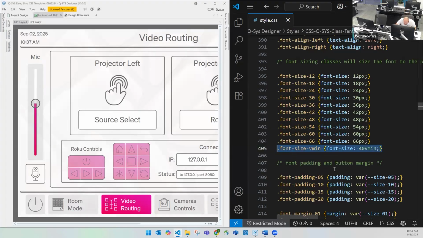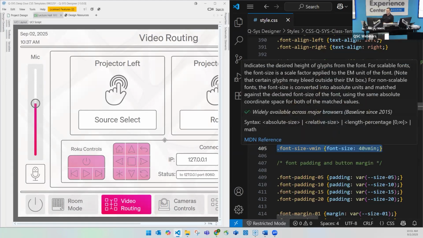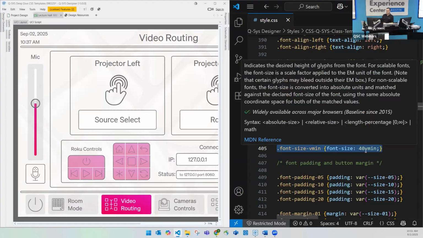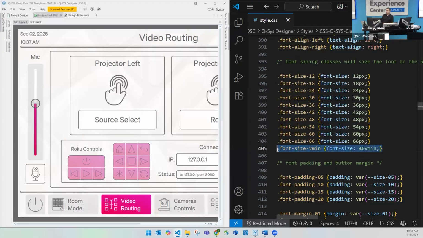And this last one, I've had varying levels of success with this, right? This is a viewport, and Kevin does a really good deep dive on some of these. Viewport minimum: it basically takes 40% of whatever the minimum is. This is a rectangle, so this is the minimum as far as the height and width, and that determines what the text size is. If you use a viewport